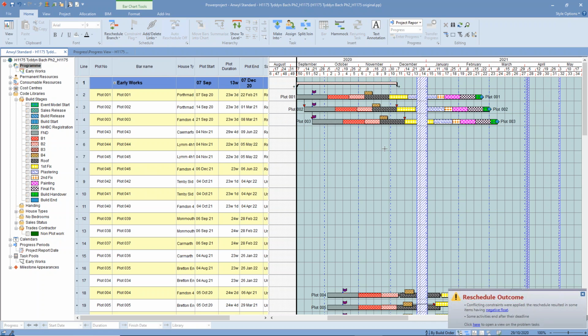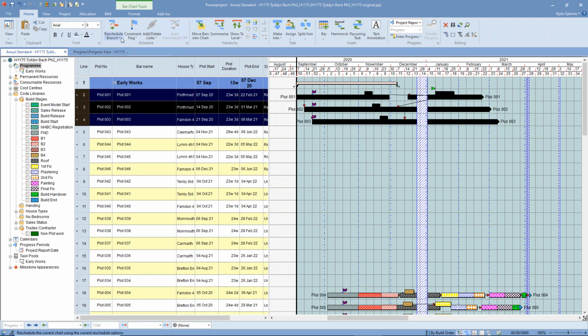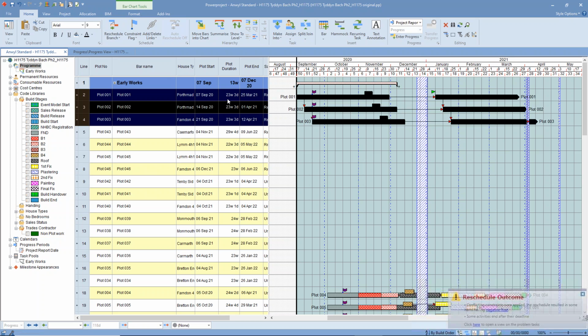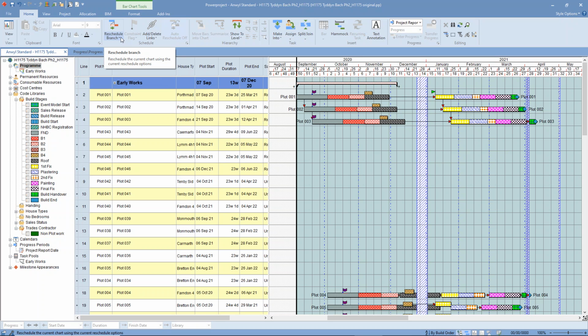But also I think there are times when you say, well, we're going to hold it at roof, and we're going to not start that again until January. So you could move just that single activity, and we could put a flag on that, so we could stop it moving any further. So if we then just reschedule that little group, then those rules are going to apply. So you've got those possibilities. I suspect that you would do a little bit of that, but if I just